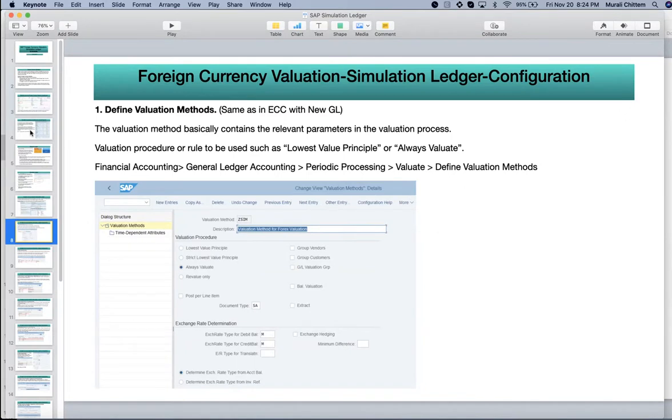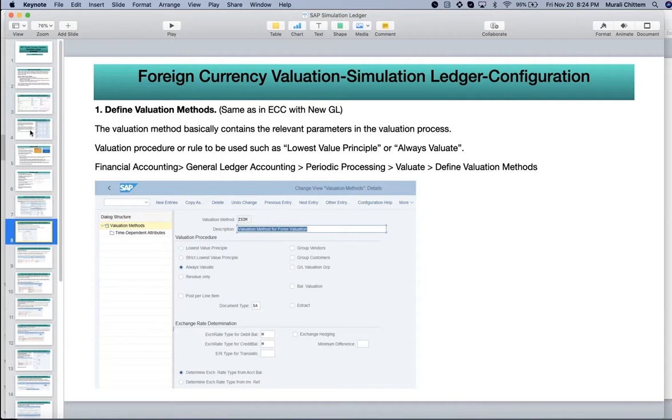So the first configuration required for forex valuation is defining the valuation method. I'm not spending a lot of time explaining those things. Basically, this is standard, and there is no change as of now. The valuation method contains the relevant parameters for the valuation process for this foreign currency.